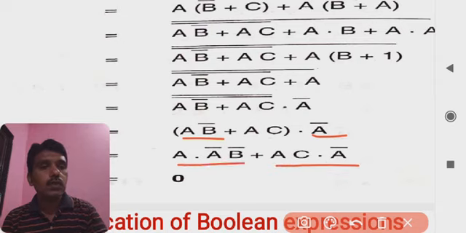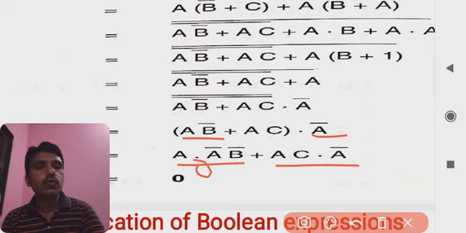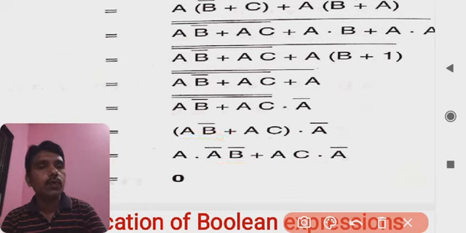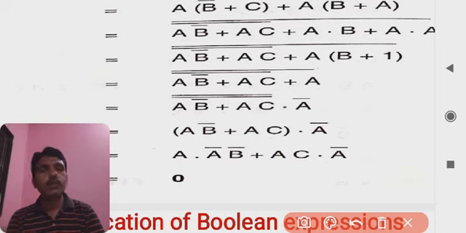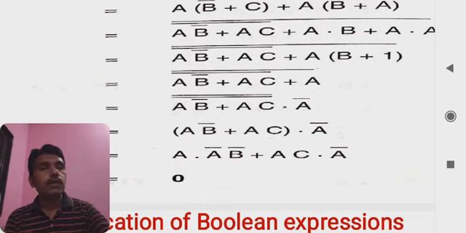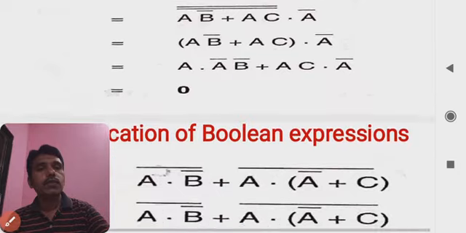In this case, if you look at A and A complement, it gives you 0 into anything, so 0 is there, and A complement here is also giving us 0. So 0 into 0 is 0, and 0 or 0 is always 0, and that's why the answer of this expression is 0. So it is quite interesting to see how De Morgan's is applied. That is the simplification for this expression.